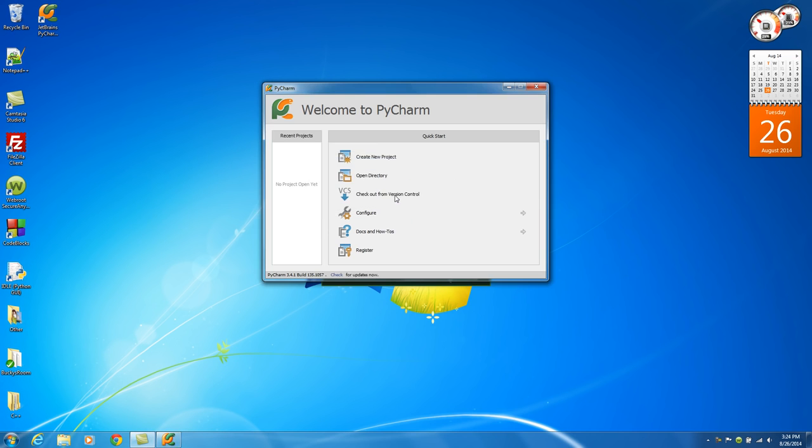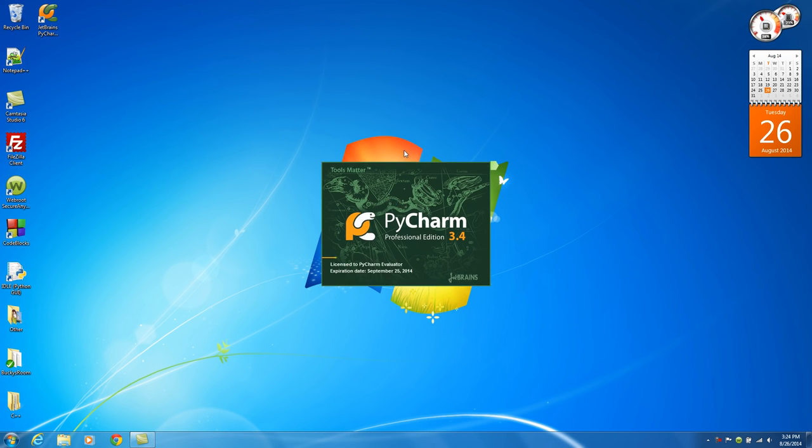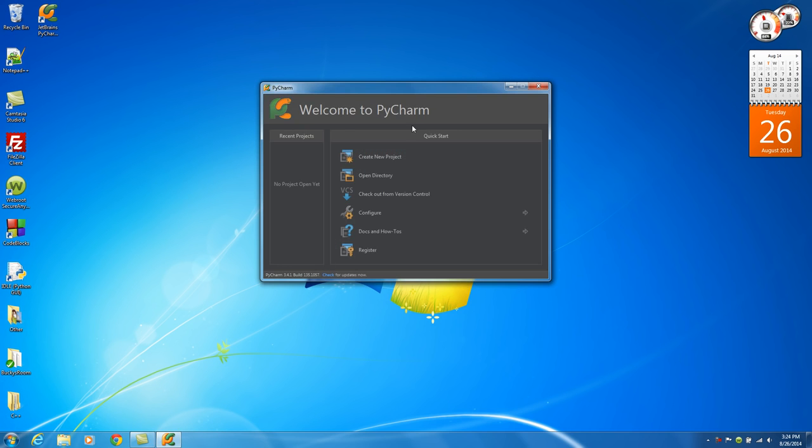Yep. Alright, so it just pretty much says whenever you pick a new theme, you have to restart it, and that's what's happening right now. So now, once you got your theme, you see everything's cool and dark now. Pretty sweet. Alright, so in order to start using this IDE, of course you need to create a new project,